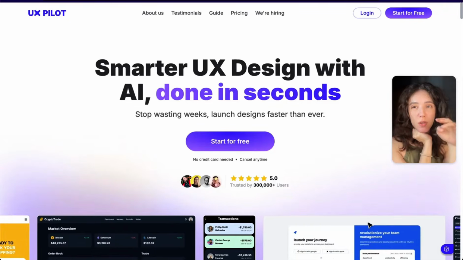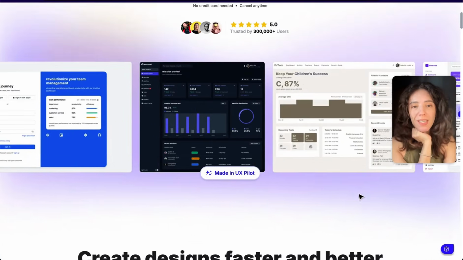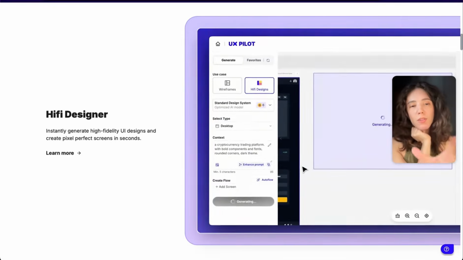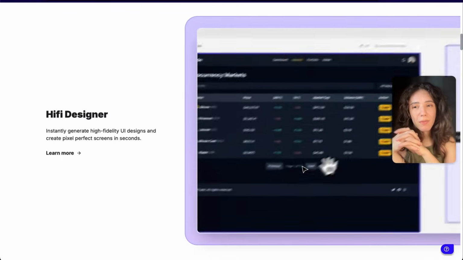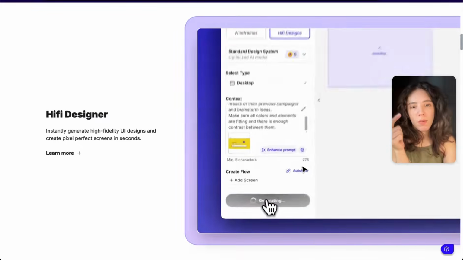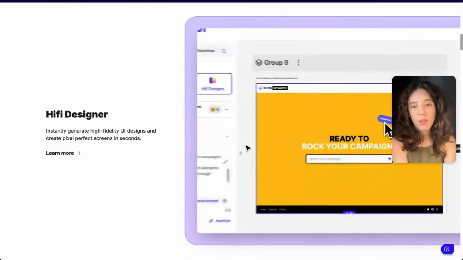So I've been seeing this service called UX Pilot a lot on LinkedIn, and I thought I'd try it out. What it does is you give it prompts and it creates a UI for you. But the difference is, if you tell ChatGPT to create a UI for you, it's going to make a photo, and that photo is not going to be editable, and it's probably not even going to follow your prompt, trust me. But what this does, at least supposedly, is it follows your instructions to the letter,